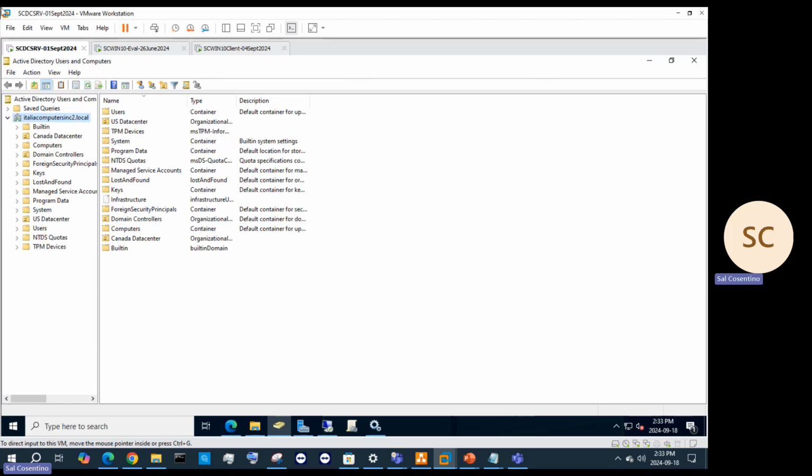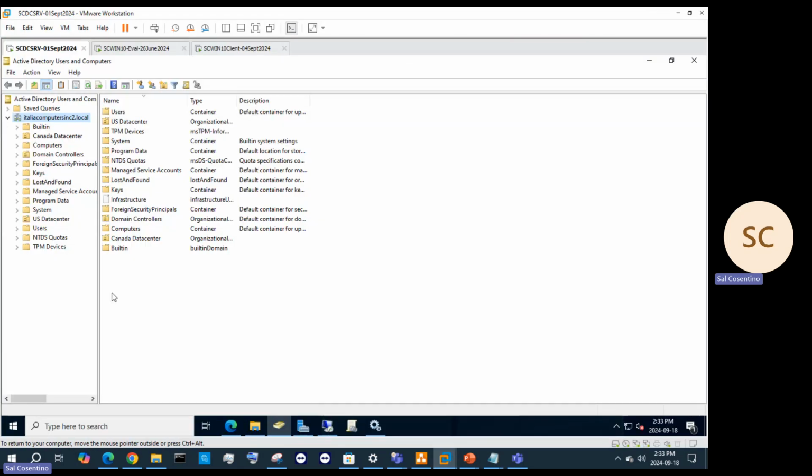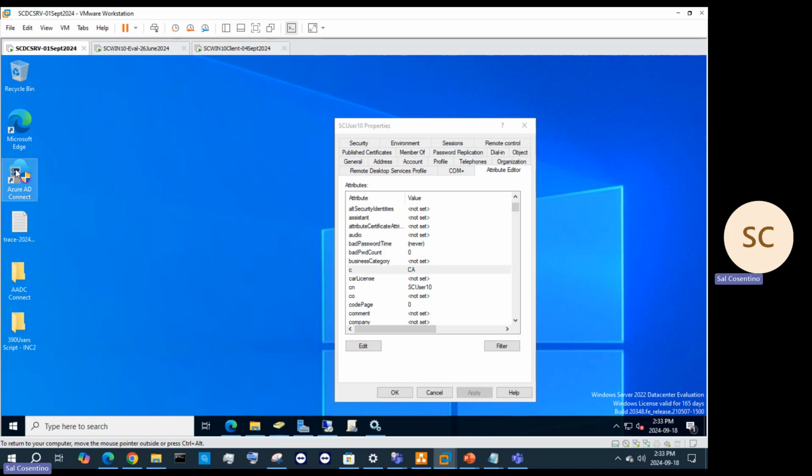Typically, since it's a small local prem environment, synchronization does take about half an hour by default if you have AAD Connect set up, and I do have AAD set up. So my AAD is set up here, and I'll show you where that is. I've installed it already. If we're looking at our domain controllers, on our domain controller I have the AAD Connect